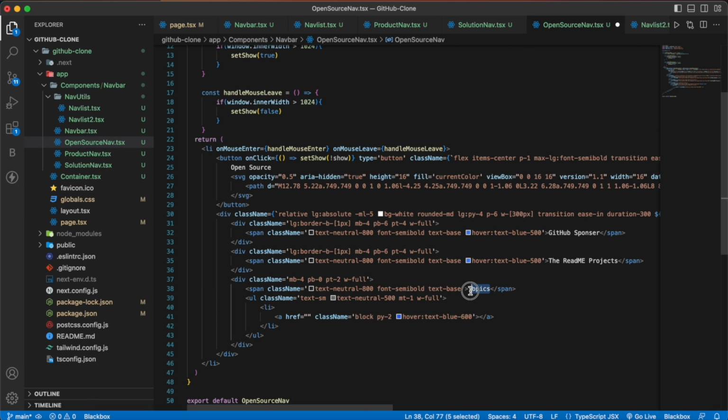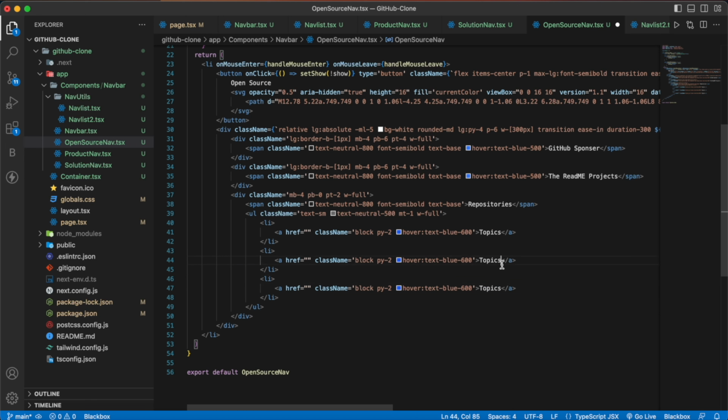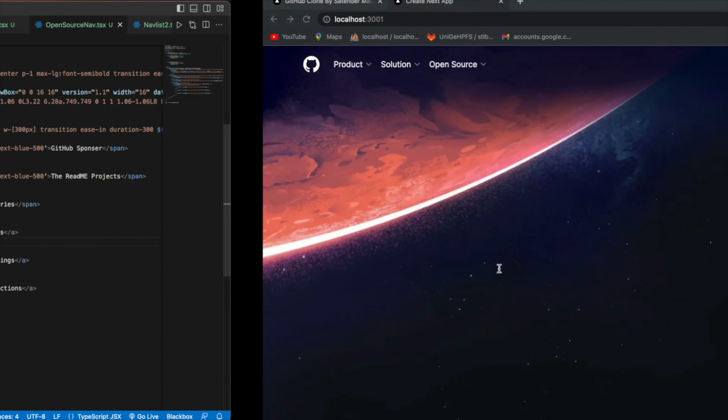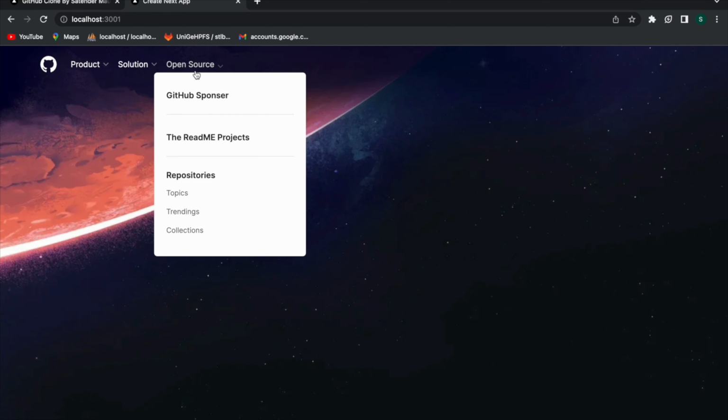Actually this should be repository. Similarly we are going to duplicate it two more times and change the text here to trendings and then collections. Now save it and let's go back to our browser, and if I hover over it you can see that